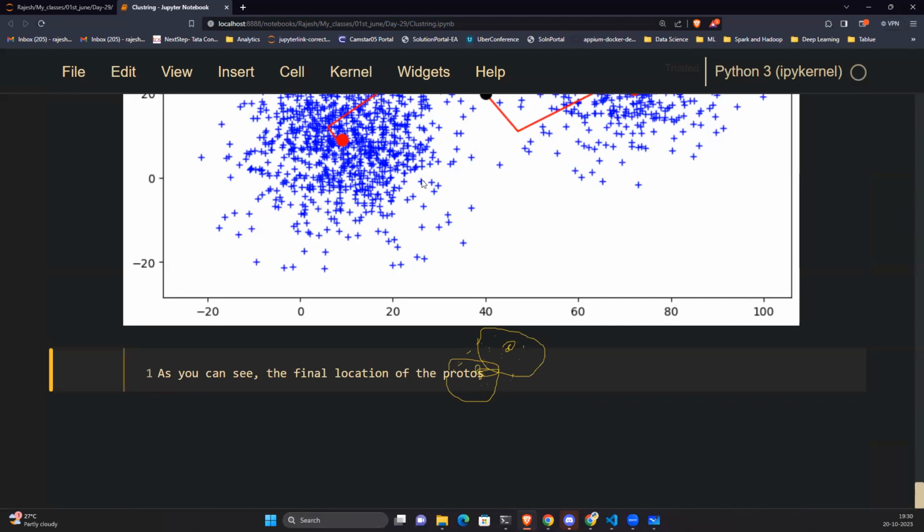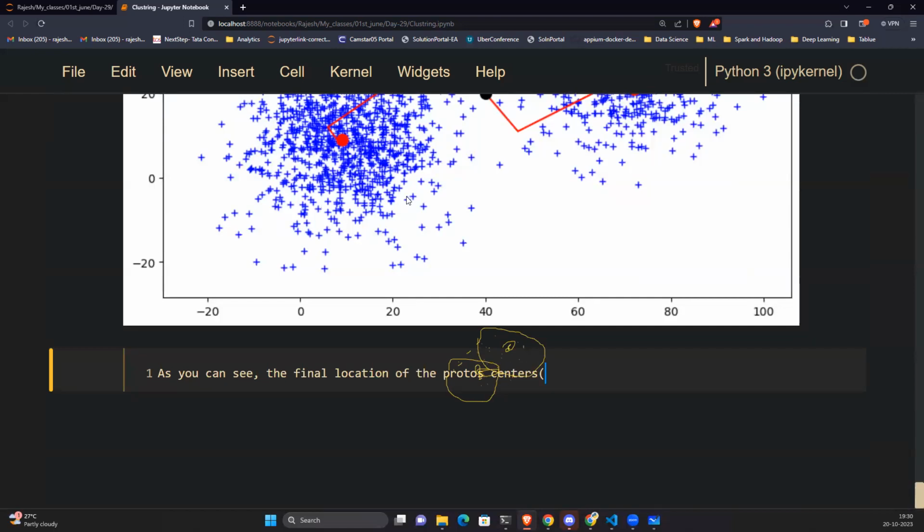But whenever you go for an interview, you should explain this part in that way, so the interviewer knows you actually understand the algorithm. So as you can see, the final location of the prototypes